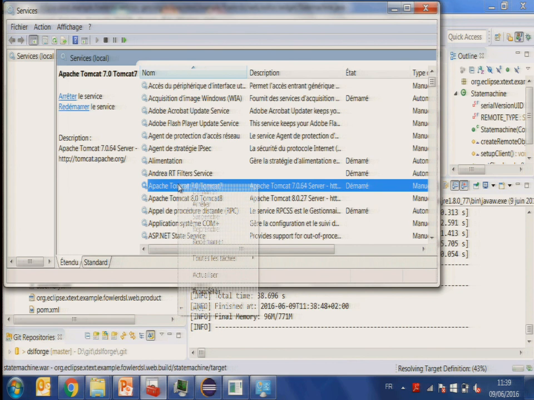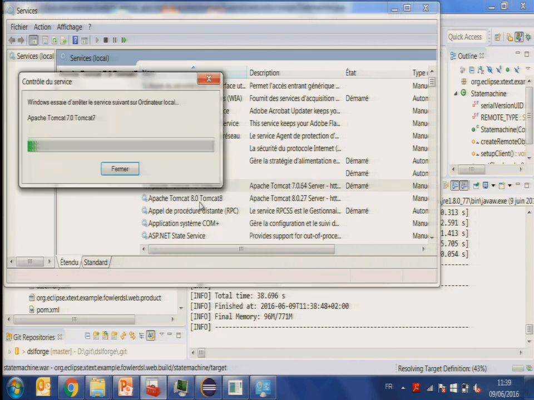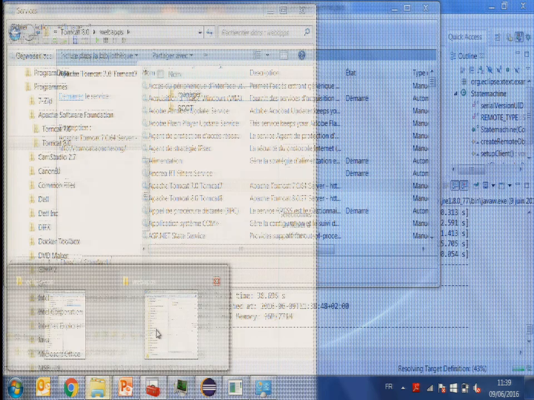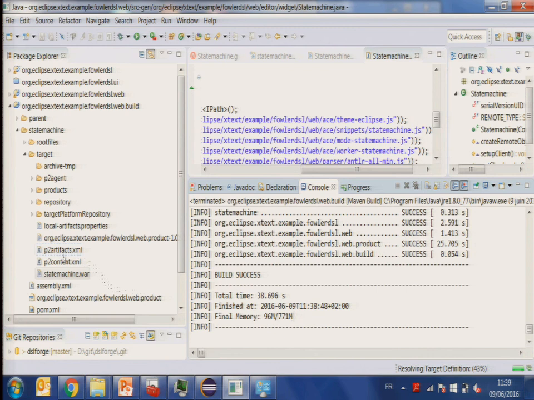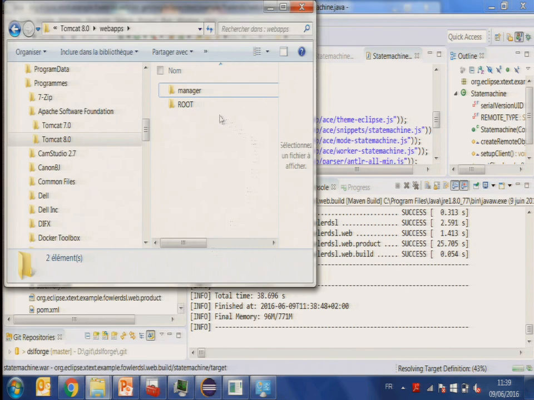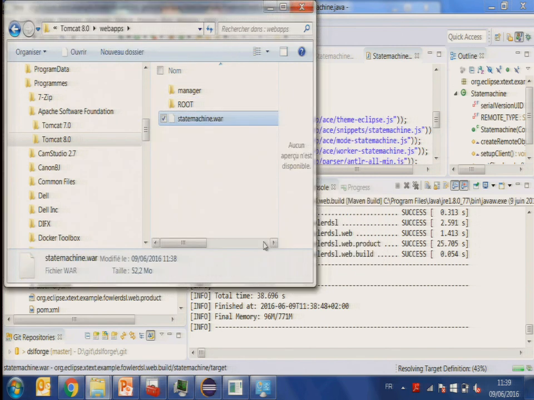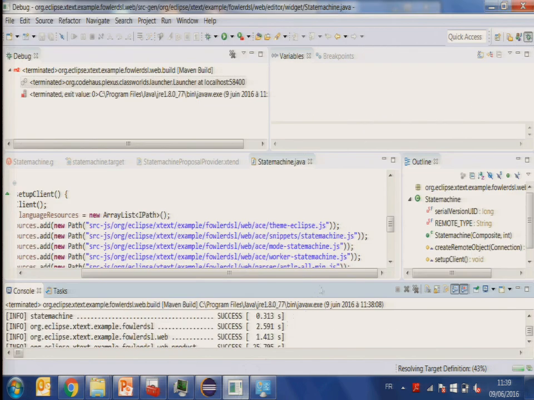I will stop this one because in fact, they interact with the same workspace, and just to avoid deadlocks, we'll shut down the other one. And simply, I will copy this war and put it in webapps. All right.